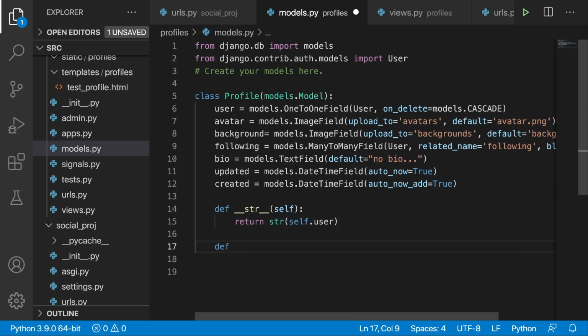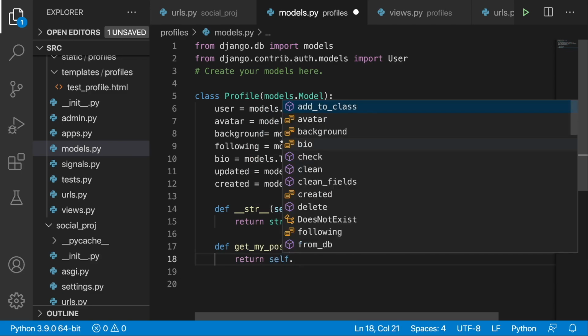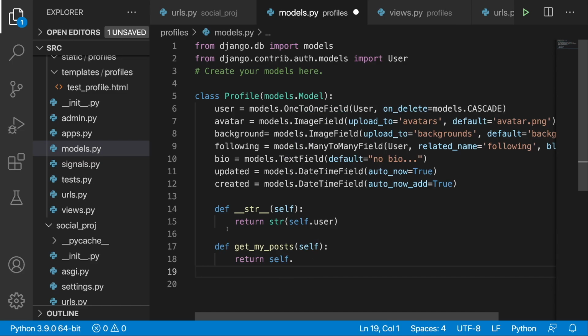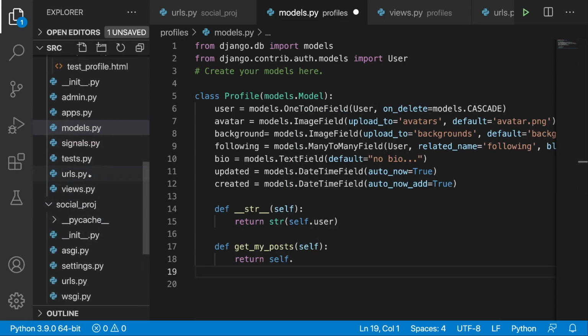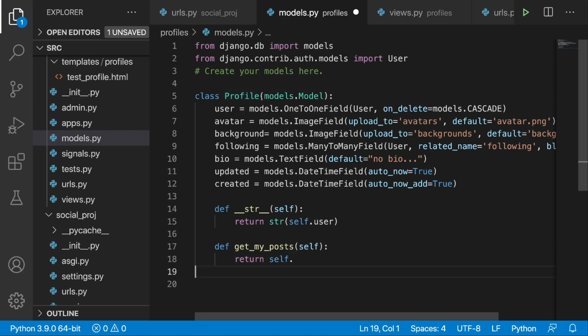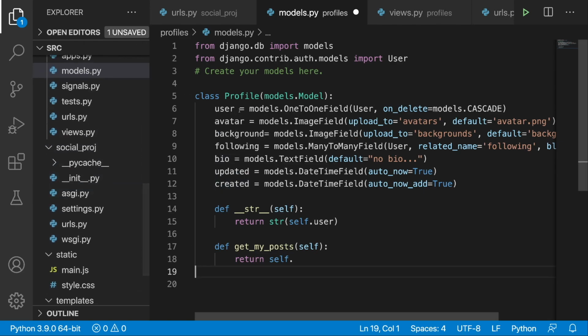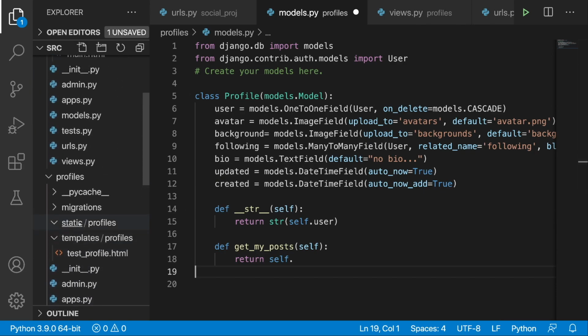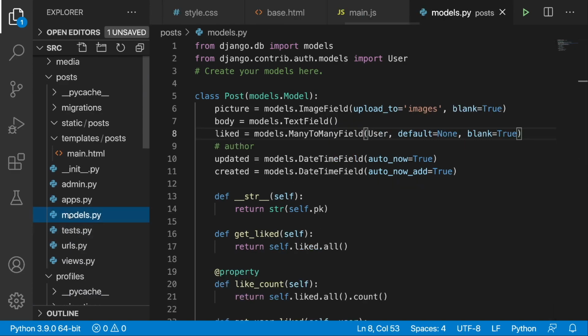So we need to create a method called, let's say, get my posts, which takes in self, and here we can return self, and the trick is right now to do a reverse relationship, because right now if we take a look at the profile, here we don't have any access to posts. Okay, we have user, avatar, background, following, bio, updated and created, but we don't have any access to posts. So if we go to posts, to the models,